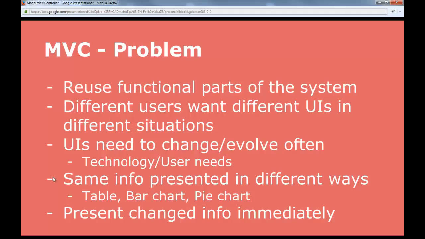So exactly as in the model view separation principle, if we remove the user interface from the parts that execute the business rules, it becomes much easier to reuse the business rules with some other kind of user interface. And this could be important as different users often want different kinds of user interfaces in different situations. So one could easily imagine an expert user wanting a very complicated user interface that lets him access all functionality really, really quickly. So to compare this with a